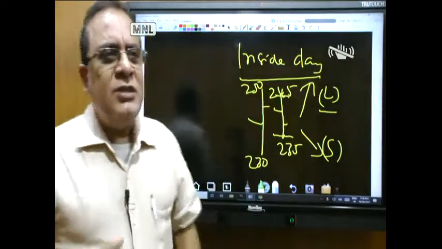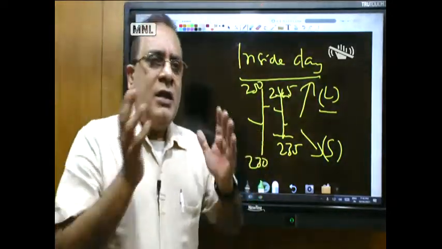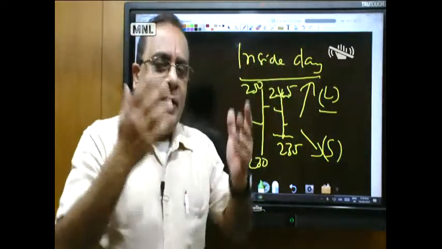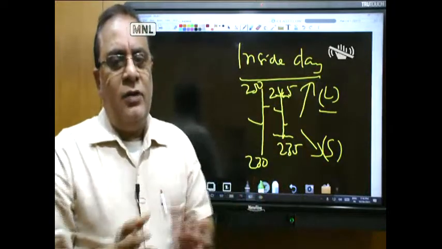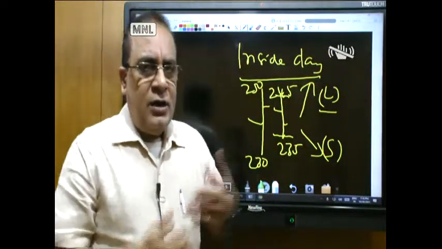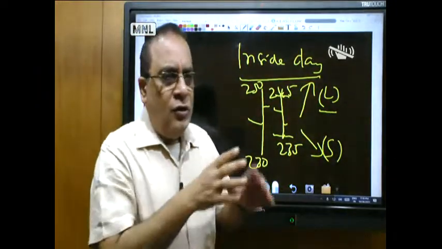We don't get much, because an inside day informs us there is a pause, either in the rally if the market is going up, or a pause in a falling market if the inside day happens. Inside days we can generally find more in some stocks rather than in the index. So this is also another pattern.